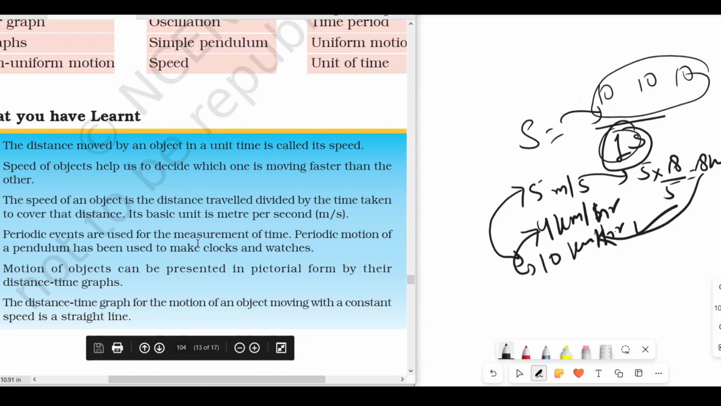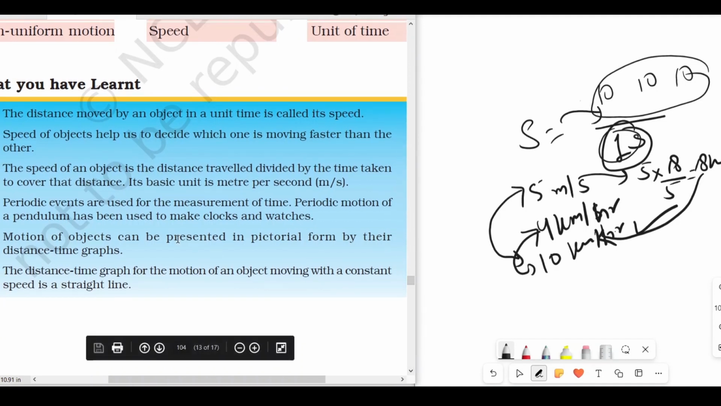Periodic events are used for the measurement of time. Periodic motion of a pendulum has been used to make clocks and watches. Okay? Motion of objects can be presented in pictorial form by their distance time graphs. So if we want to represent the motion of objects in the form of a picture or image, we can represent it as a distance time graph. The distance time graph for the motion of an object moving with a constant speed is a straight line. So if any object is moving with constant speed, the graph that comes out will be a straight line. Okay,